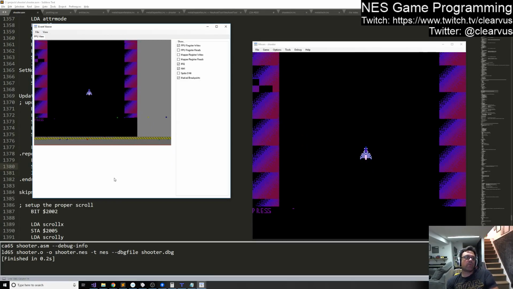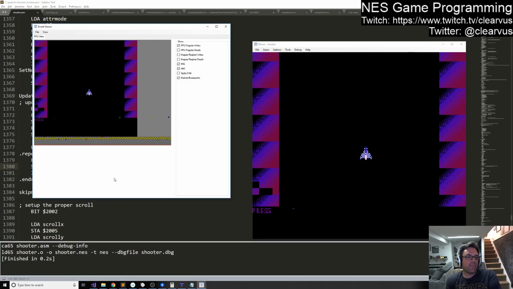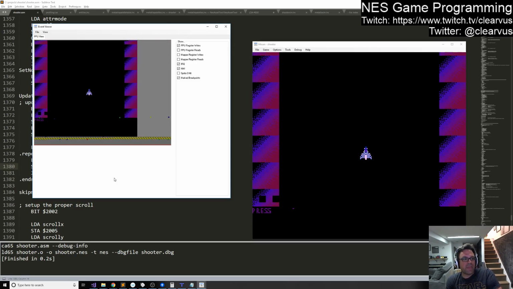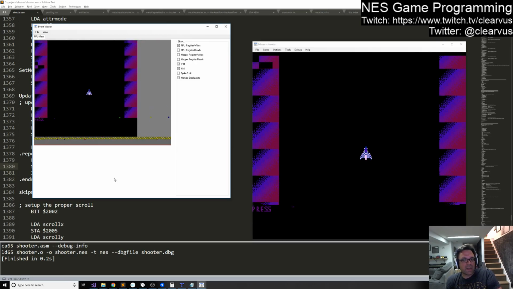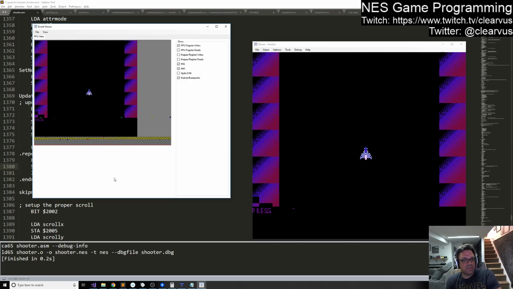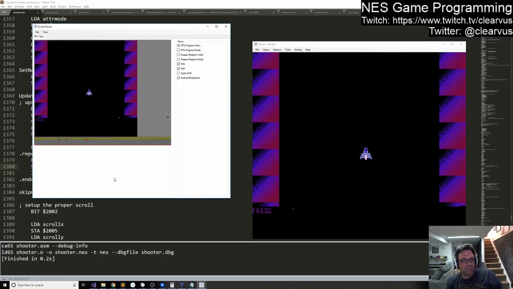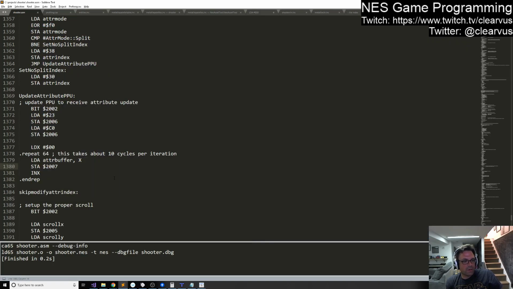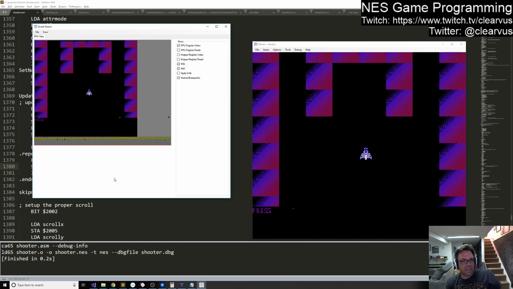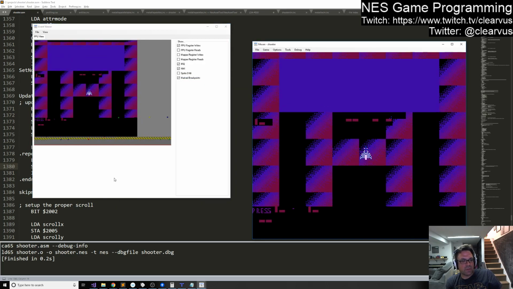So before we were updating the attribute buffer and taking up all the time doing that, but that was problematic for the sprites because the DMA was happening at the end. Now, when we update the attribute buffer, this is happening at the end,